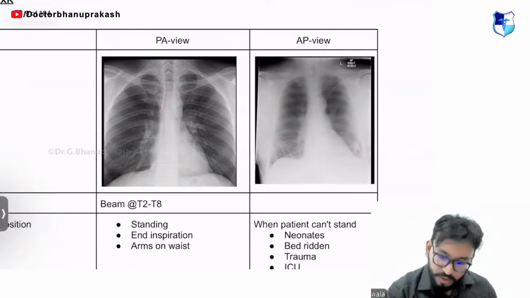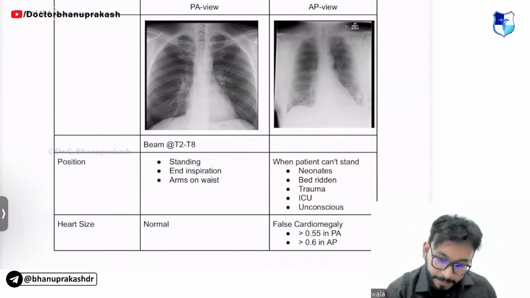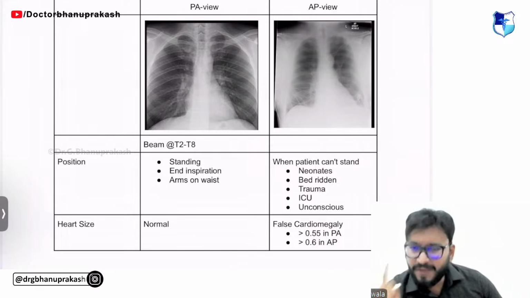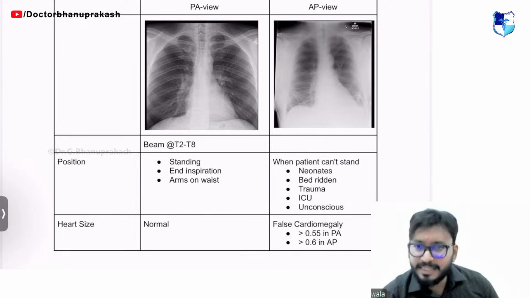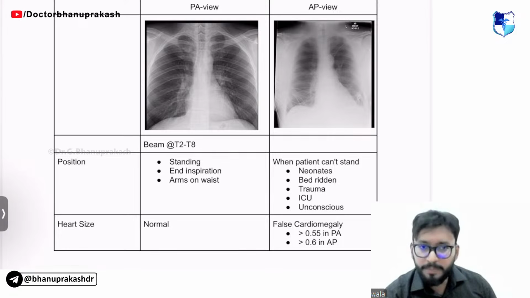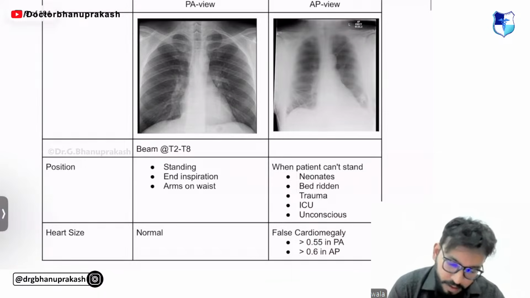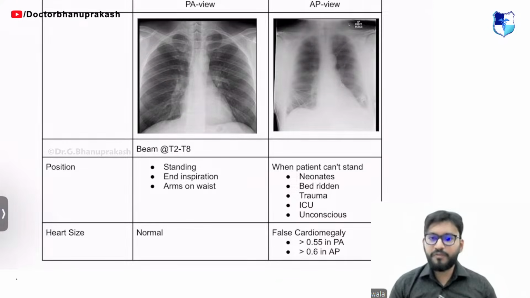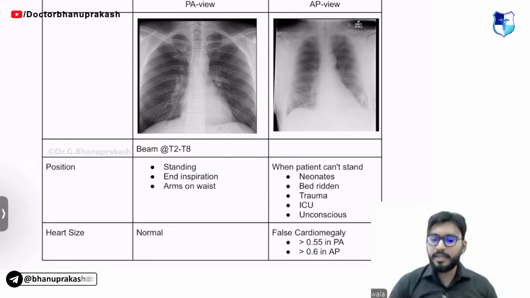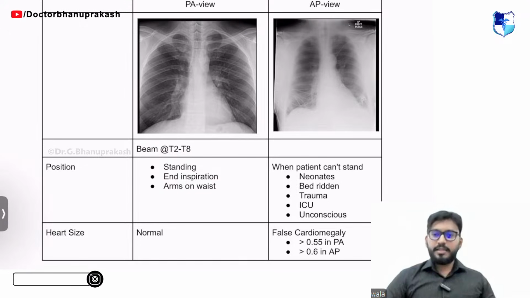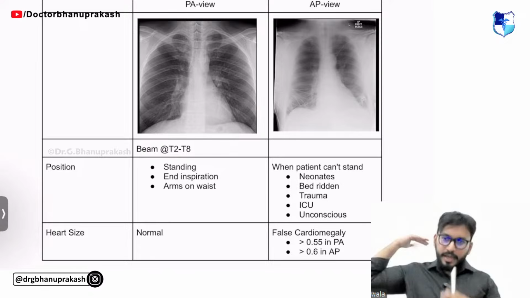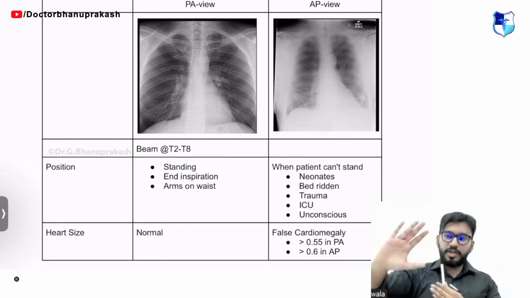Okay, so let's take a look at this, guys. A very basic thing, but a very important thing that is asked in your exams, and that you face practically. Chest X-ray, PA view versus AP view. Now remember, guys, in PA view, it is done in a standing position. PA view, posterior anterior, means if I'm standing, the rays will come from behind and I have a plate in front. This is the posterior anterior view.